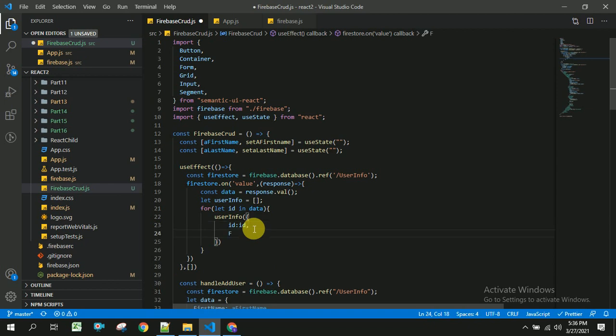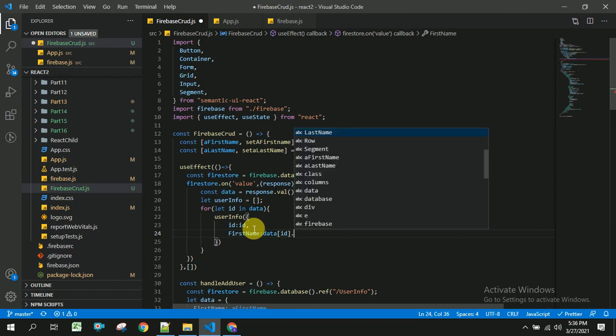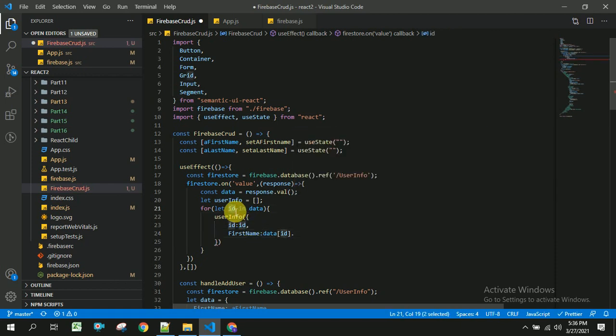So first name colon data of ID dot. So here we will be able to get only the ID, and by taking this ID we are able to get the first name and last name from our data.